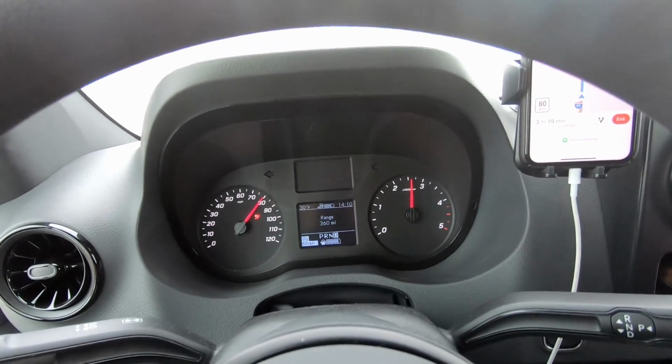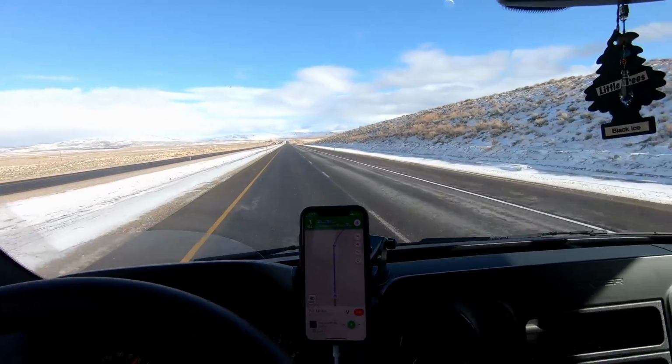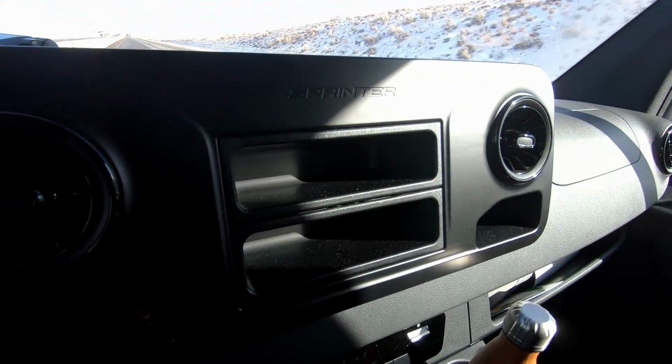The van is so smooth. Such a good driving experience. All right, long straight road ahead. Let's go ahead and turn up the, oh, wait a second. Where's the radio? I actually have a radio delete. Call it the race package. It's paddle shifters